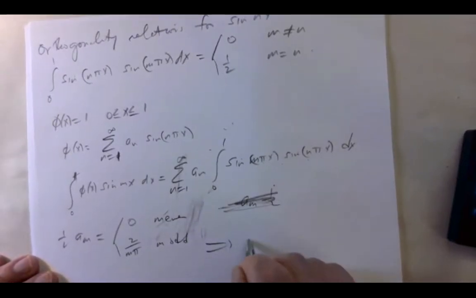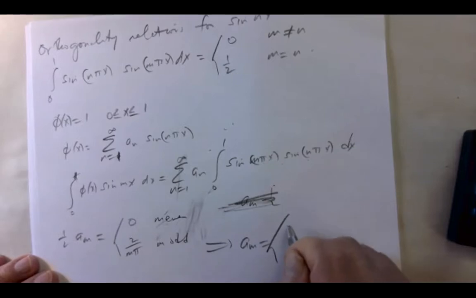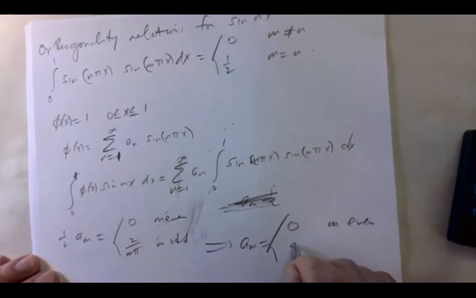So a sub m is equal to 0 if m is even, 4 over m pi if m is odd. All right. So these are our Fourier coefficients,